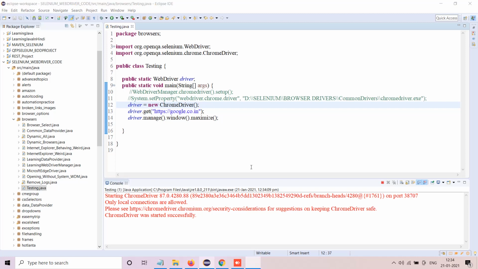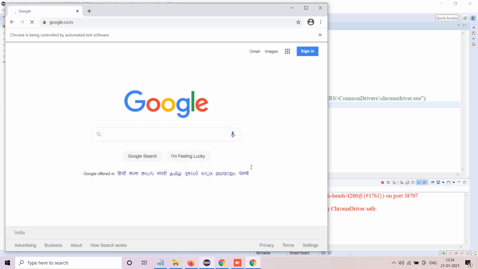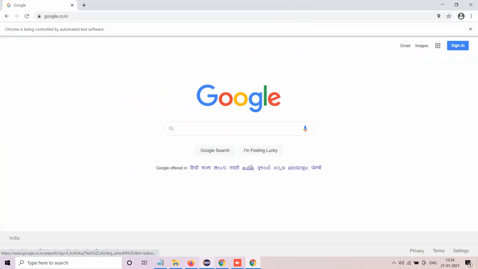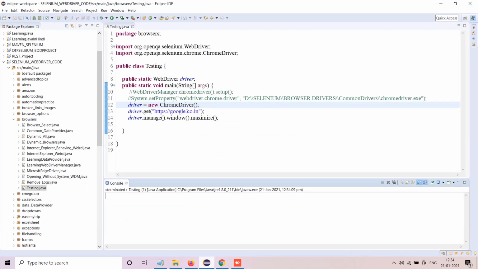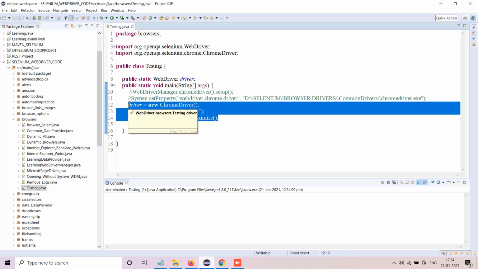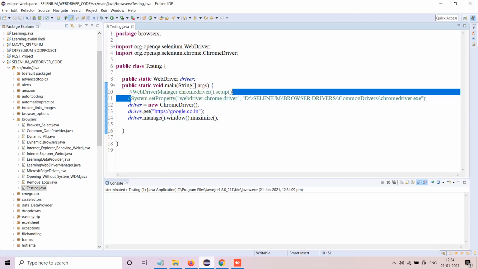So you did not use WebDriver Manager or System.setProperty, but then again the question comes back to this. Let's say, for example, there are 10 different testers in your company and you are sharing the code, all the code snippets and everything. If that person is using WebDriver Manager, then it will work for him, but the person who is not, it will also work for him. So see, there are many ways you can do this. It's up to you.